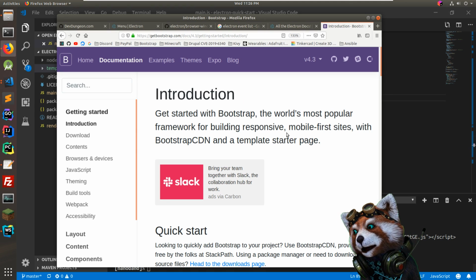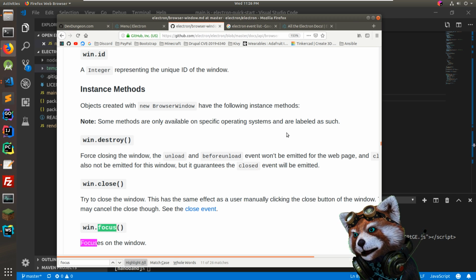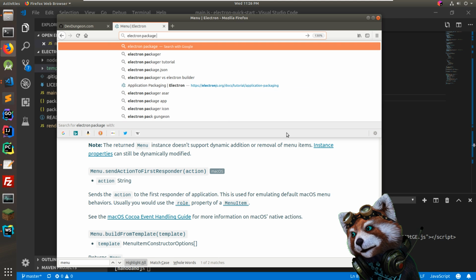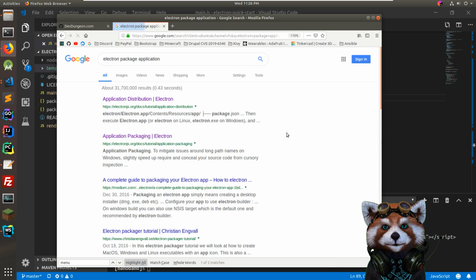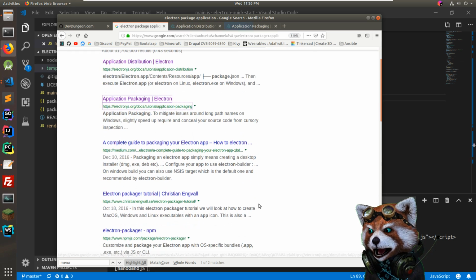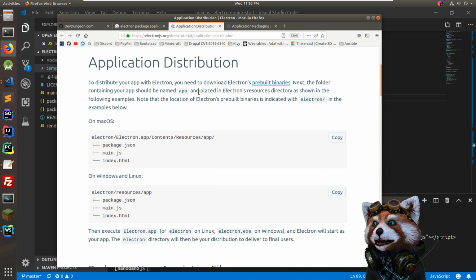So what I want to check is how to package an Electron application. Like how do you package it as a .exe or like an app bundle on Linux or a .app on Mac. I know how to do it with Python,